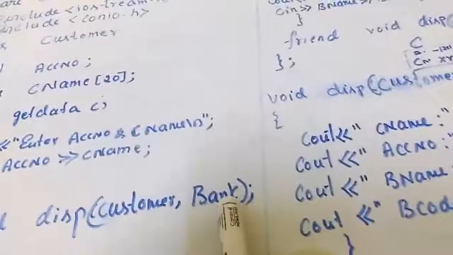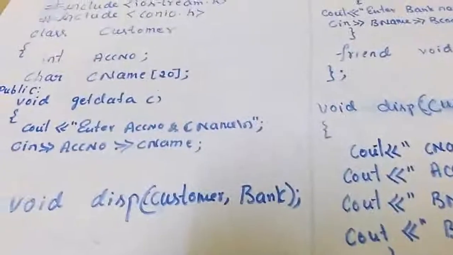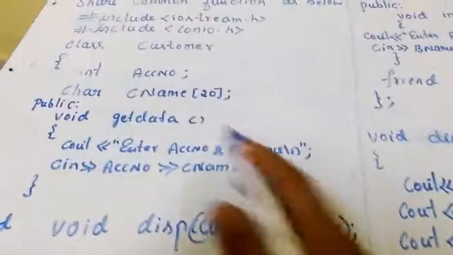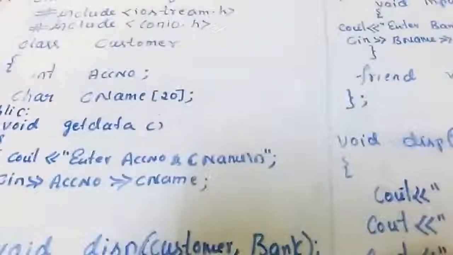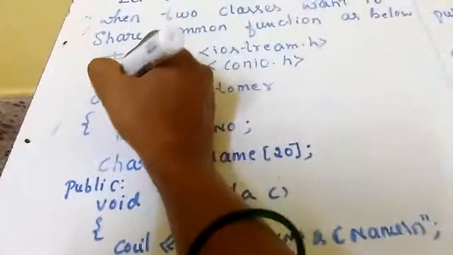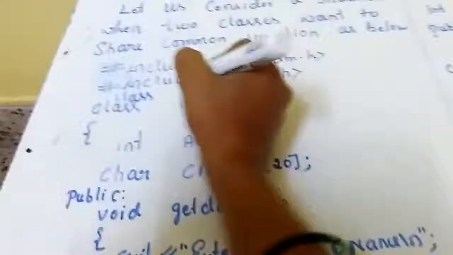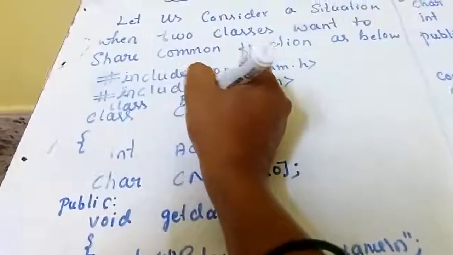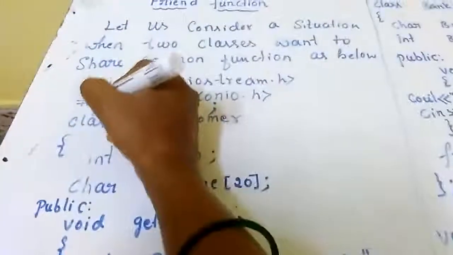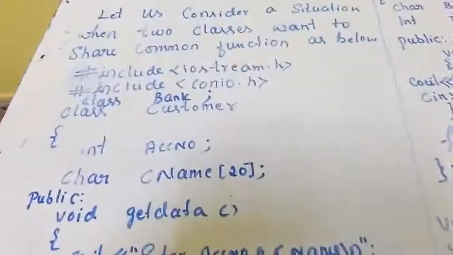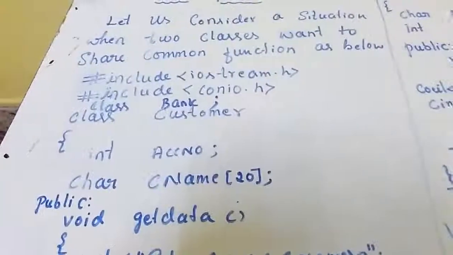At this moment, see, one more concept is there. At this moment, this class doesn't know what is bank because bank is defined after this class. That's why we have to write a forward declaration here. Class bank, semicolon. So this is called forward declaration. Are you understanding? So both classes have the function display, that is a non-member function, and it has become a